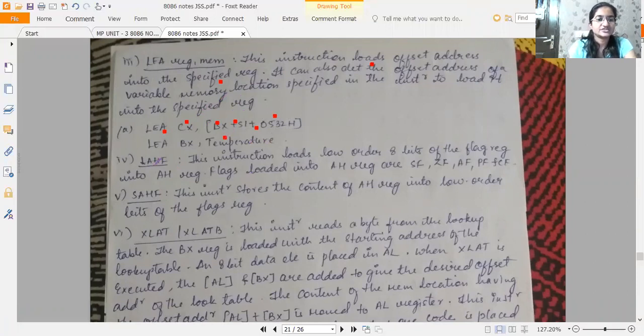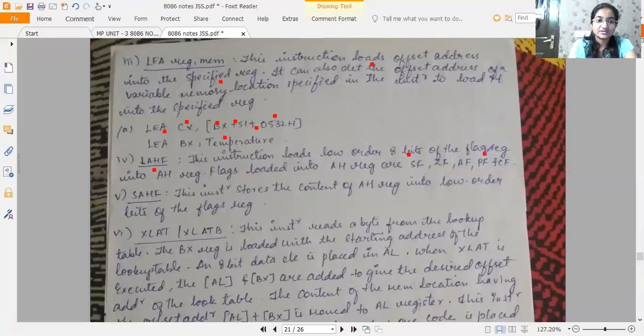Next, you have LAHF, load AH. What should be loaded in AH, we will see. The instruction loads the low order 8 bits of the flag register. Do you remember we had once said while studying the move instruction that it cannot be used to load the content of the flag register into some other register, or the content of any other register into the flag register?